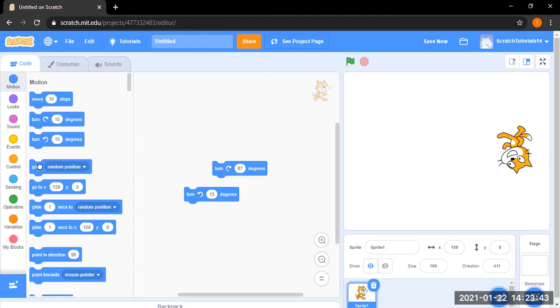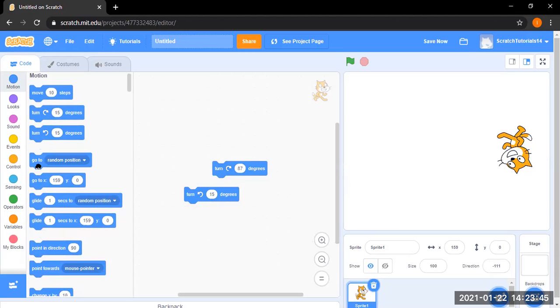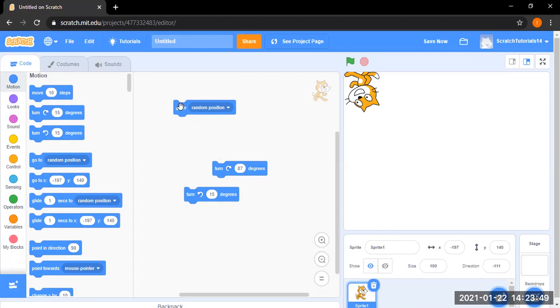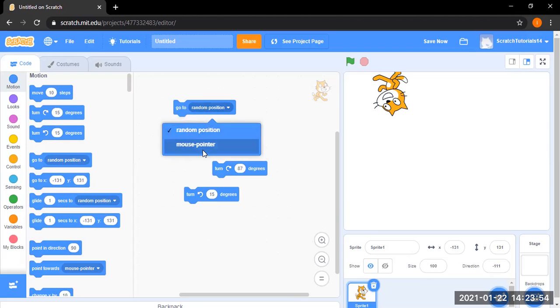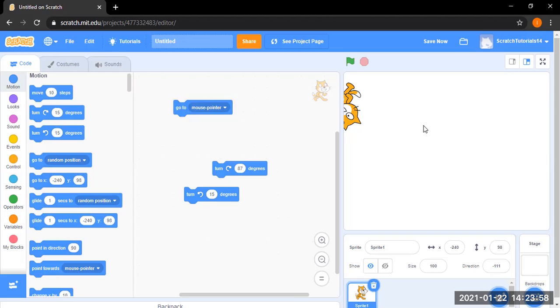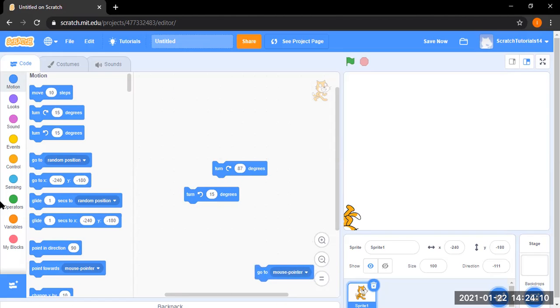So here it is. And go to random position. So like it'll go anywhere like this, or you can go to mouse pointer. It'll go to the direction of my mouse. Actually, if I change the block here, and then it will come over here to follow my mouse pointer,